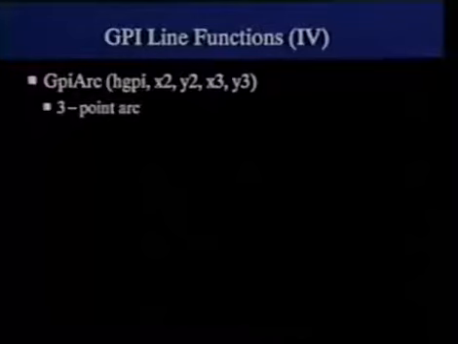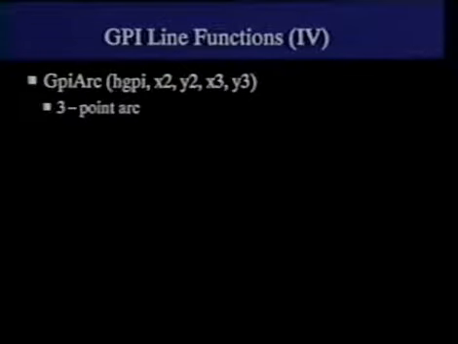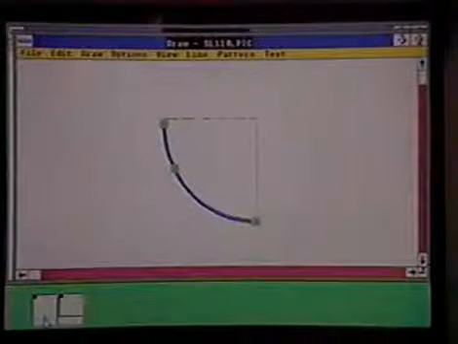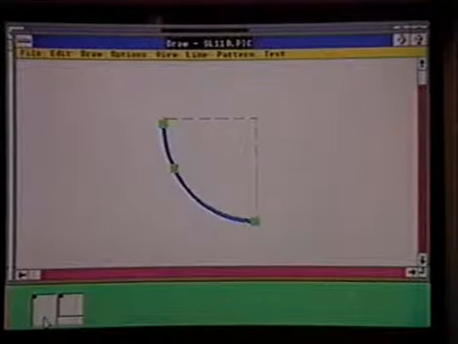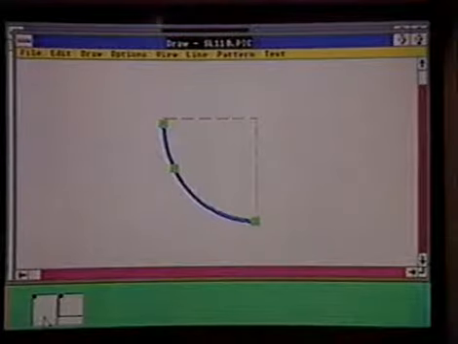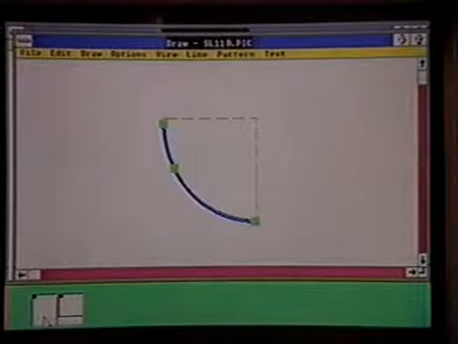Line functions, many of them now are curves. We support the notion of a three-point arc. Here in the video, what you can see is that the three-point arc begins and ends at the locations which are part of the parameterization, and the curvature is actually specified by the middle point, the x2, y2 point. It is not required that the x2, y2 point be at the center of the curve, which is a three-point